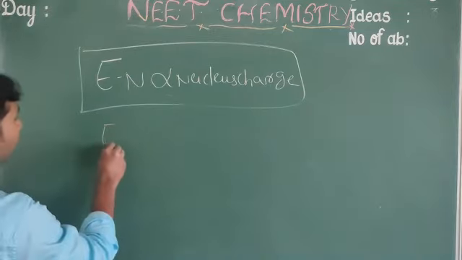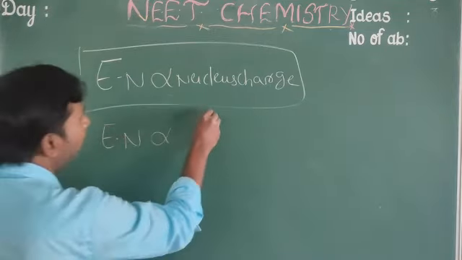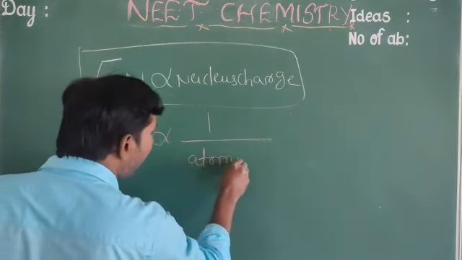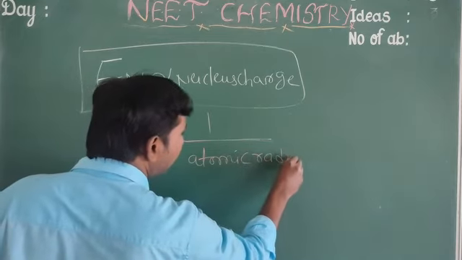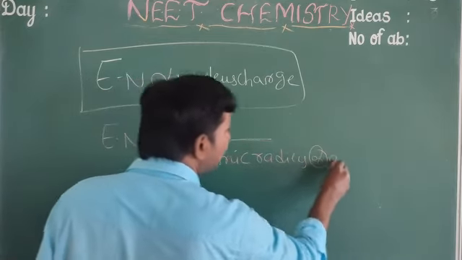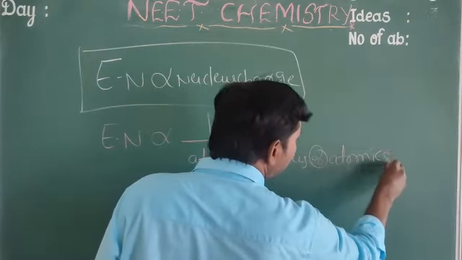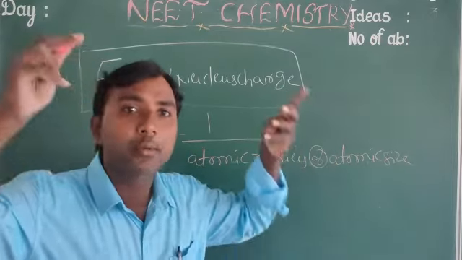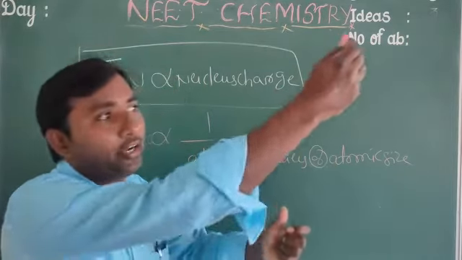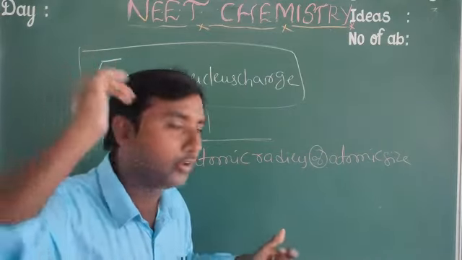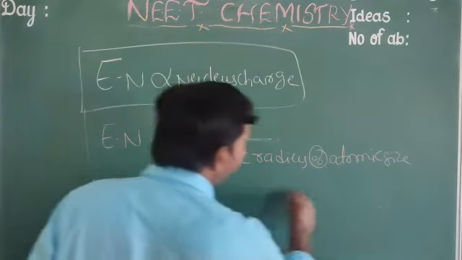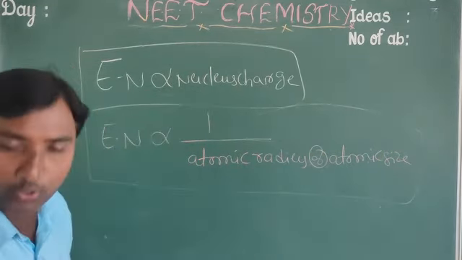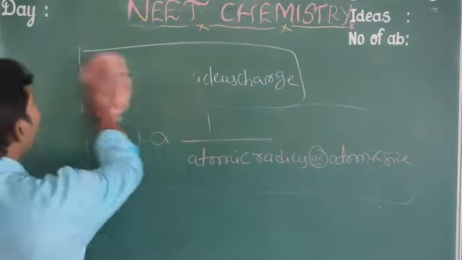Next, electronegativity is inversely proportional to atomic radius, that means atomic size. Small atomic size means more nuclear attraction, which means it attracts the electrons more towards itself. That's why electronegativity is inversely proportional to atomic size and directly proportional to nuclear charge. Okay, then